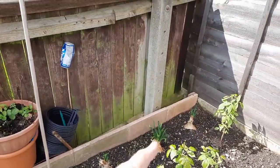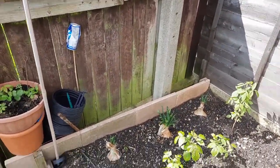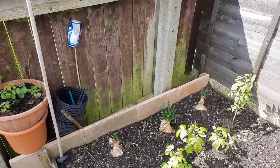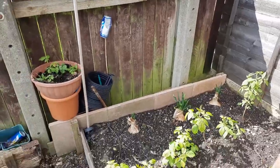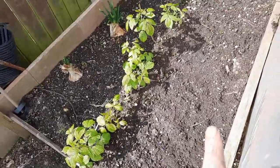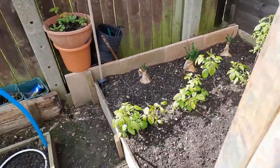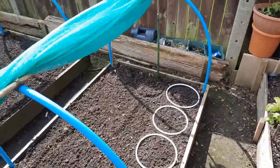raspberries and the 3 exhibition onions, which are putting tops out. Probably put a flower spike out, and if I get any seeds, fair enough. Nice flowers anyway when they get tall. So not decided what to put down here. Seems to be just used as a cat litter area at the moment. It's a problem in my garden. Everyone's cat seems to come in and do its business, so the sooner I can get these nets down, the